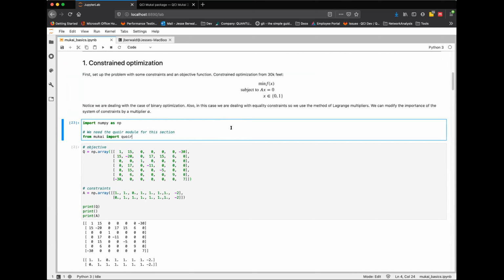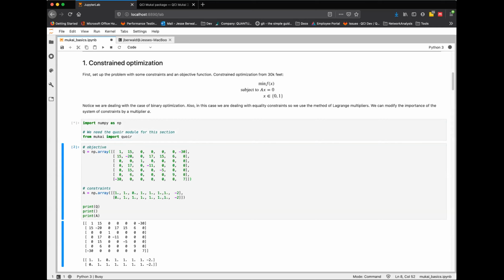So Coir is an intermediate representation for quadratic optimization work. Q, because it's quantum, so that's how it has to be. So we import NumPy, we import Coir, and we have a little tiny optimization problem here.